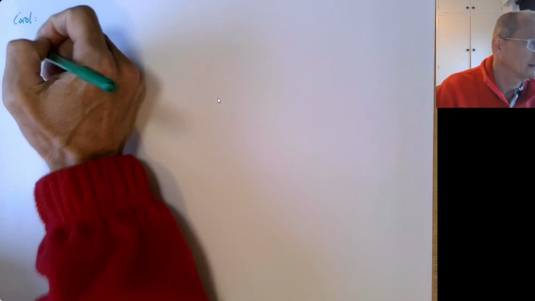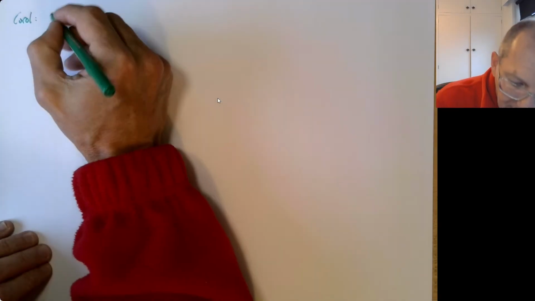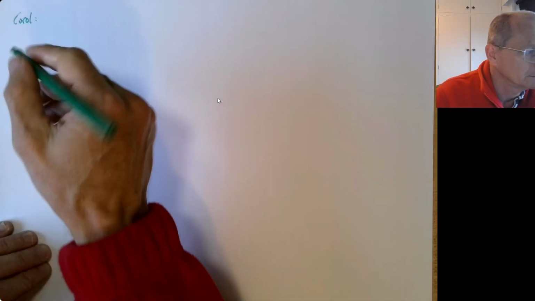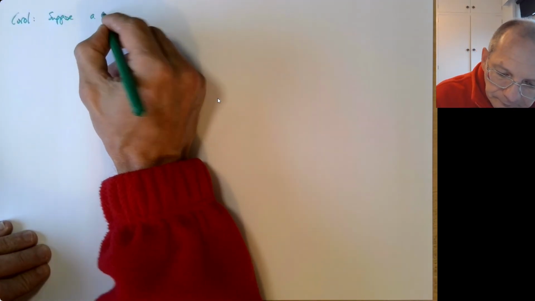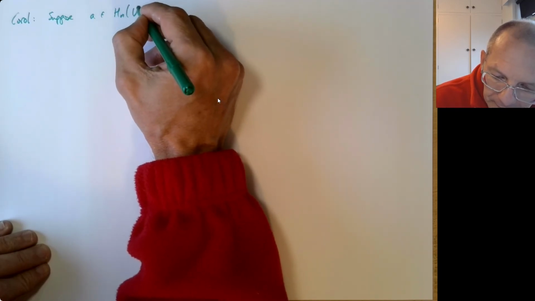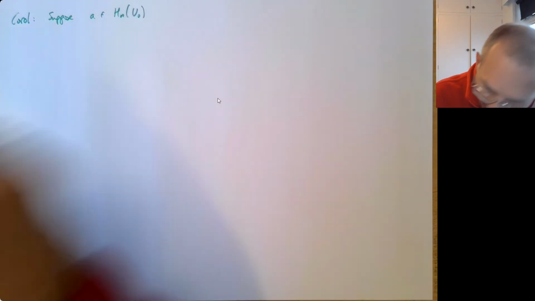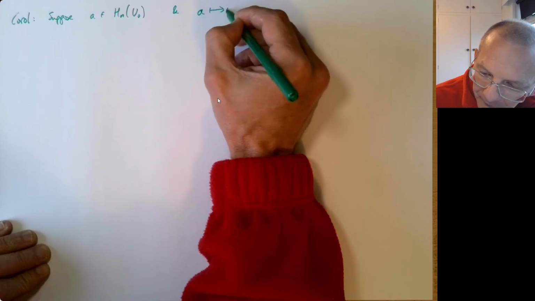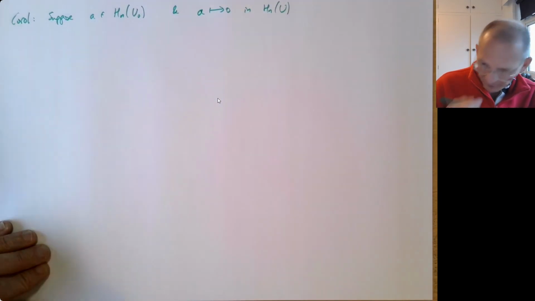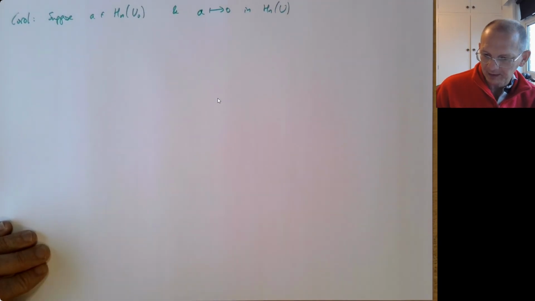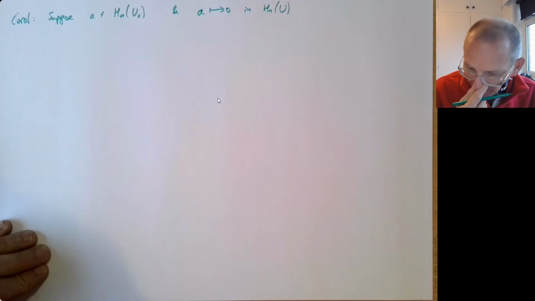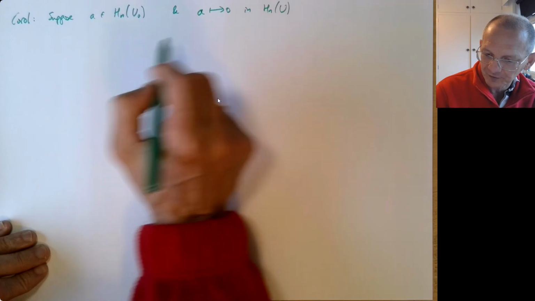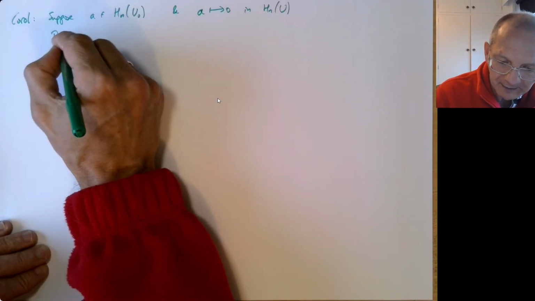So the corollary of that: suppose we've got some class A in H_n of U_0, and A maps to 0 in H_n U. We're assuming we've got the same chain of U's as in the previous lemma. So U_0 is the first set, U is the union of all our sets, and we assume you've got an inclusion of U_0 in U, and so we can apply that to this class A in the nth homology of U_0, and suppose we get 0. Then the claim is